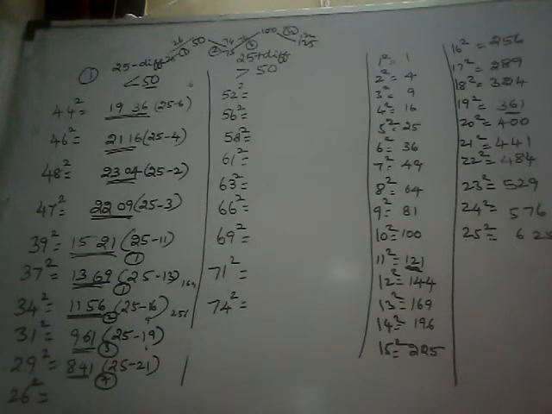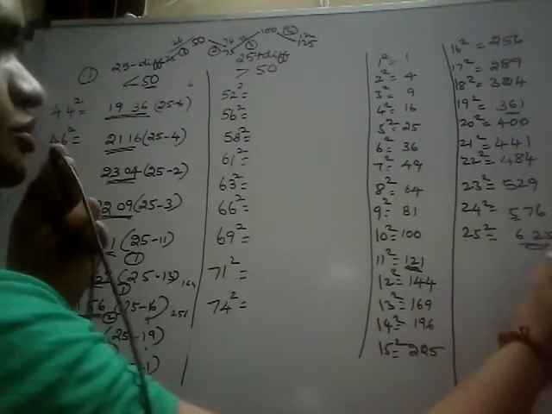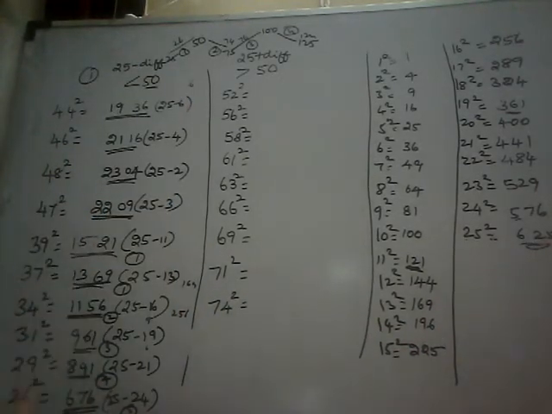Same way, 26 square, can you do it? How much is the difference from 50? That is 24. What is 24 square? You have to write that. 24 square is 576. In 576 write 76 alone, 5 in the carryover. Now 25 minus 24 is 1. 1 plus 5 here is 6. So 26 square is 676. So that you all know. What is 25 square? 625. So up to 50 we have done.